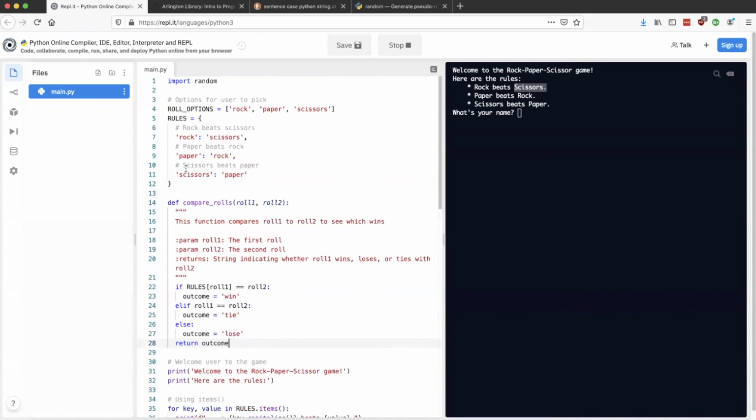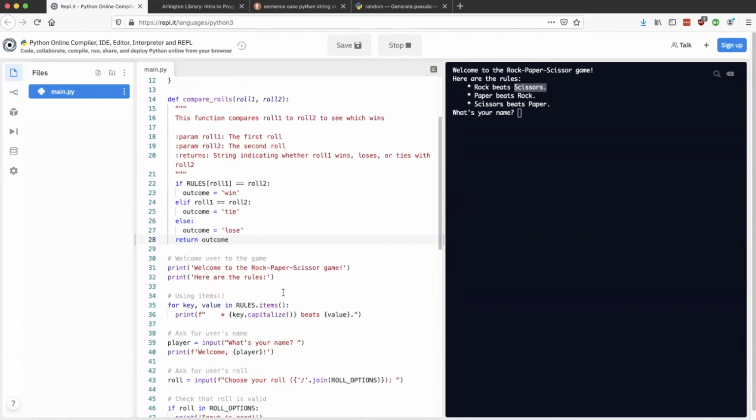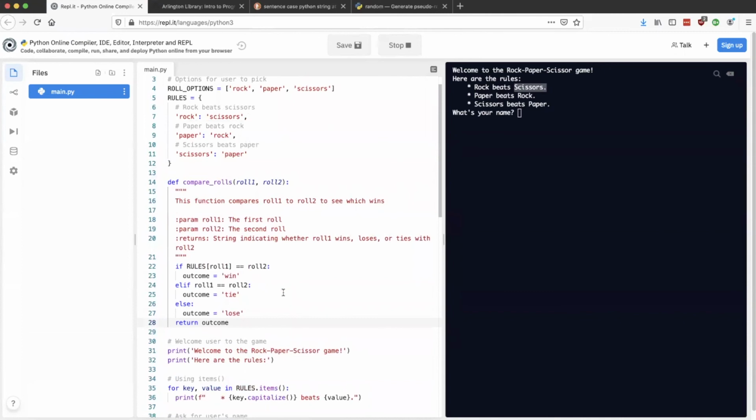There we go. So that's our function. If you have any questions about functions, I'll be happy to answer that via the Q&A, so feel free to post there. And the exercise that I'm going to run through now is writing a function to print the game header, and